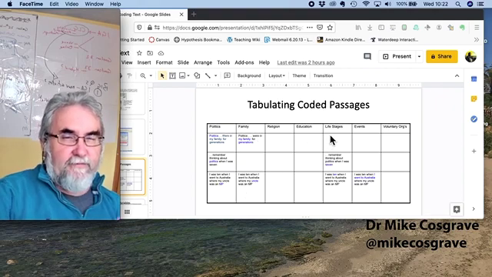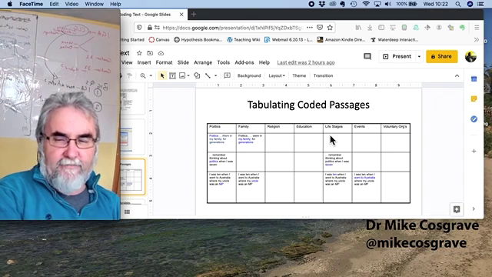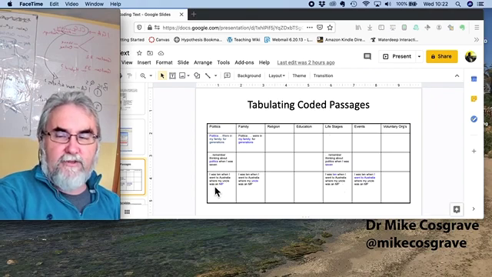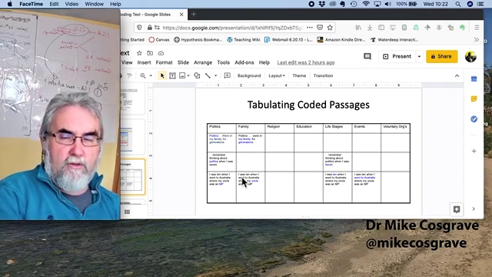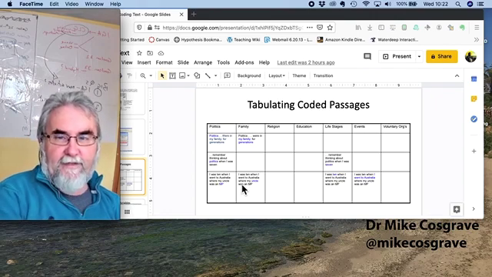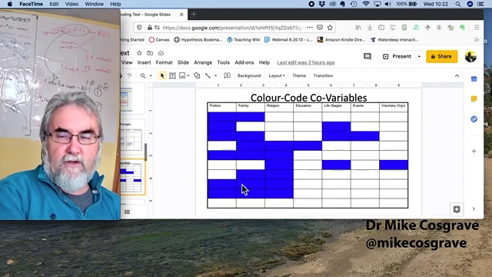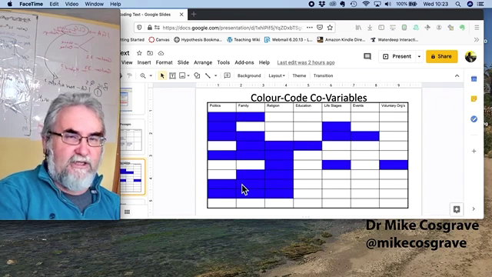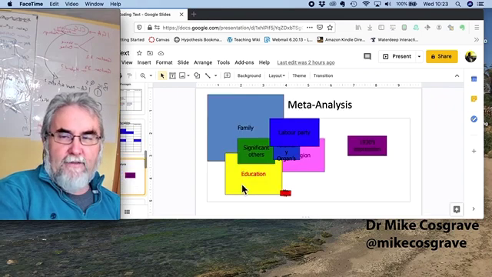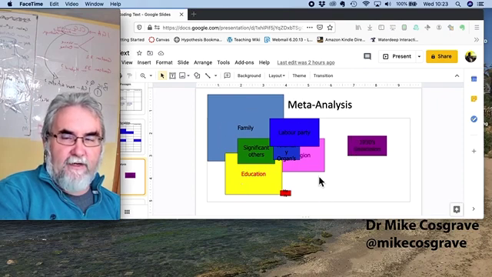stages, events. This is from the 1960s political elites interviews again. And in some cases you can see that the same quote occurs in different columns because it refers to different themes and different influences. So once you've done that, of course, you can then reduce that to a certain extent to a visualization. And take it a step further and look at the size of the different, and you can actually visually express the extent of the different influences.